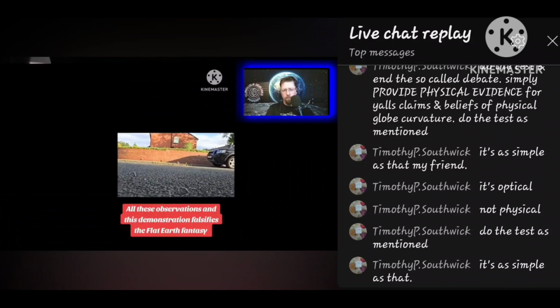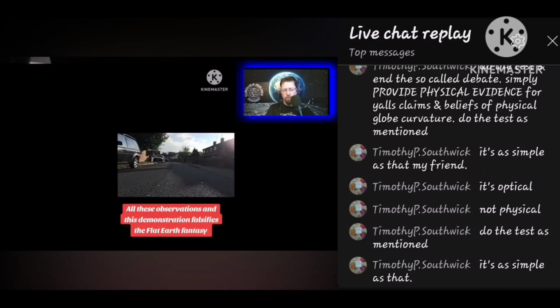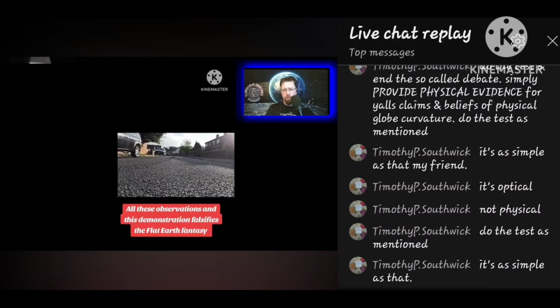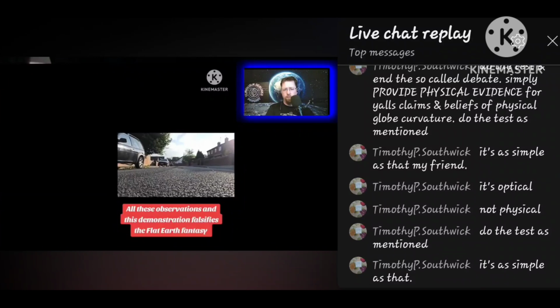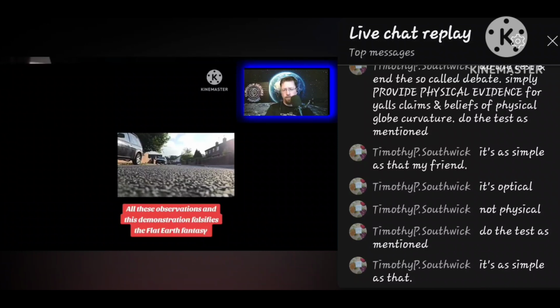Now here's what it would look like on the flat Earth. You're going down and up and down, and you still see the same amount no matter what. I'm just going to show you here in a minute. Here, this is on a flat surface. The road's fairly flat, going one way, and obviously curves at the sides for drainage.